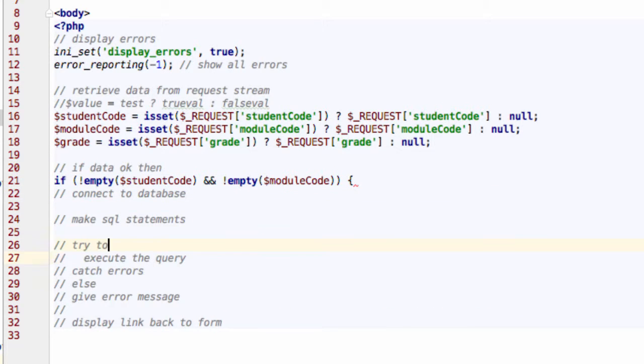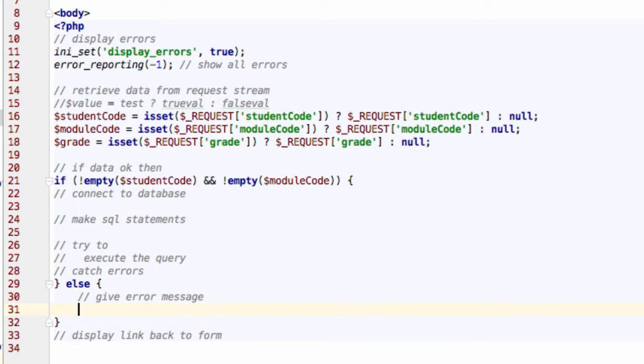So where's that else statement? So I'll do that there, another else, brackets, give an error message. I don't need to comment that with else, but just help me get the logic correct. So if it's not empty, then it's going to do something, otherwise it will give an error message. Well, let's put in the error message straight away. Echo,